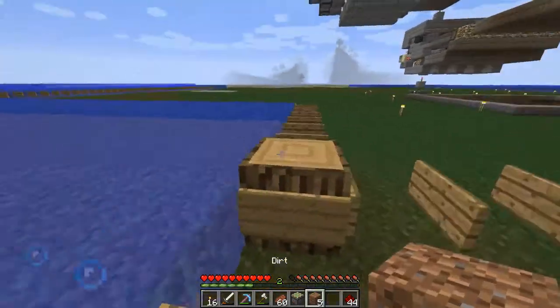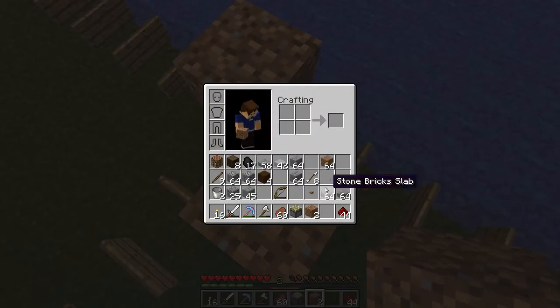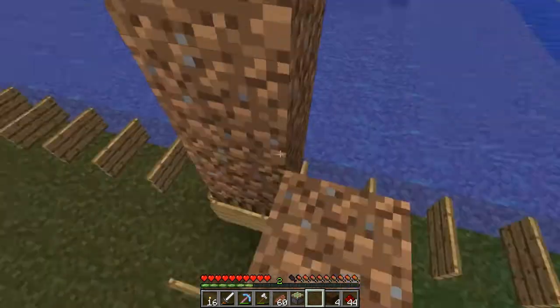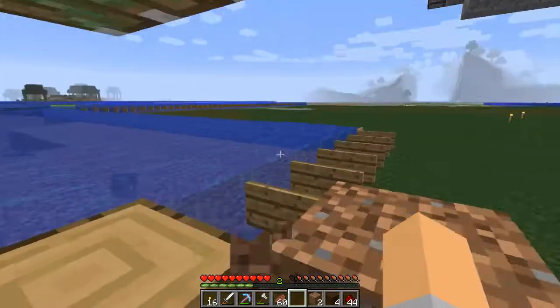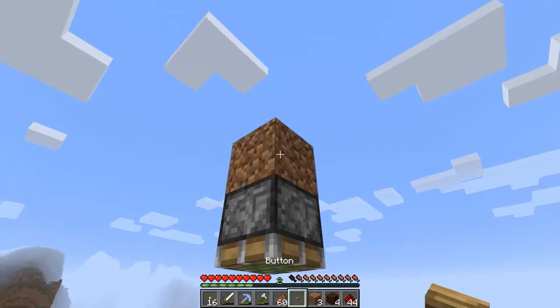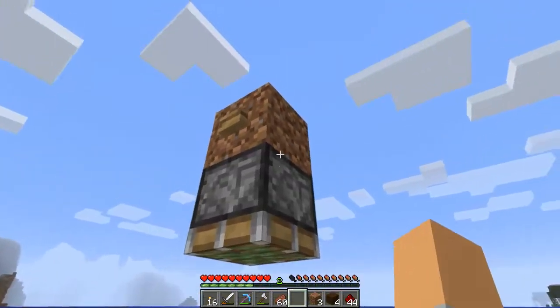So what we need to do is pillar up here, and we need to go up. I want to get this wood out too. Actually, you know what? It won't really matter. We're going to go up 3 blocks here, and then we're going to chuck the piston upside down like this, break this out of the way, and the way we're going to do this is I'm just going to chuck a button onto here like that, and when I shoot it, it's going to...